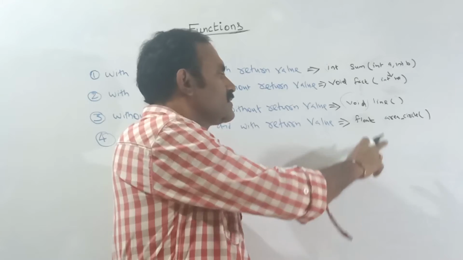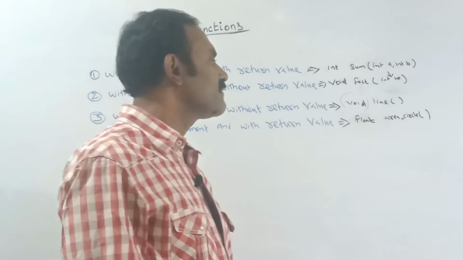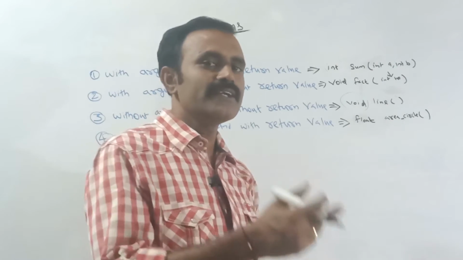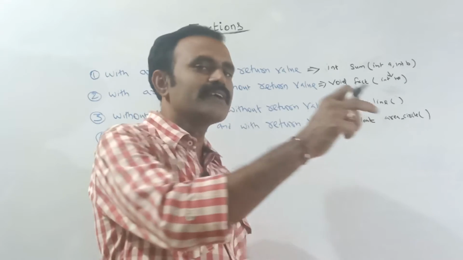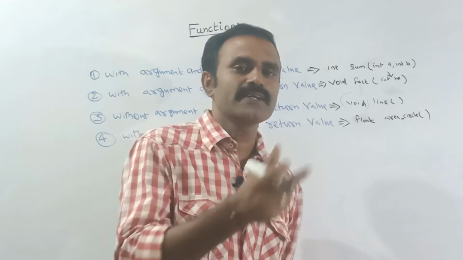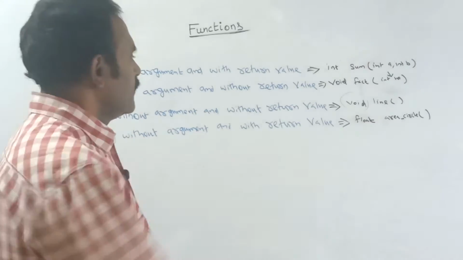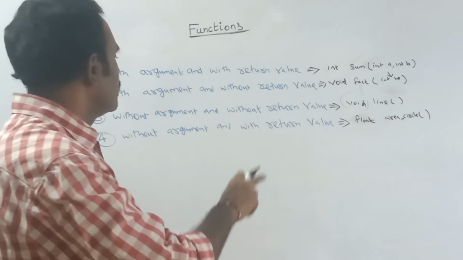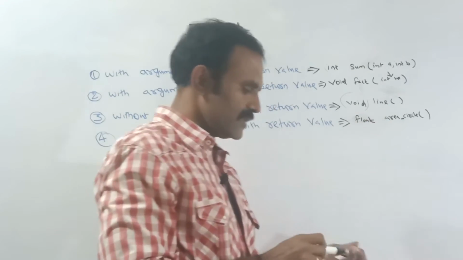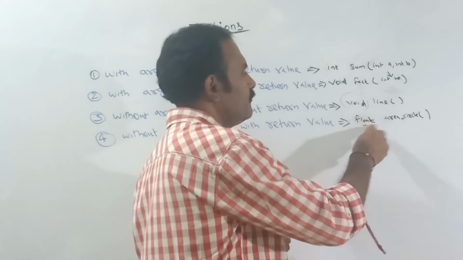During the function call, it will go to the area circle function. Under that function it will ask for the radius, and finally it will return the value. That value can be fetched where we are calling that function, inside the main function. So this kind of function is known as without argument and with return value. Here the return value float is there, but we are not going to pass any argument.